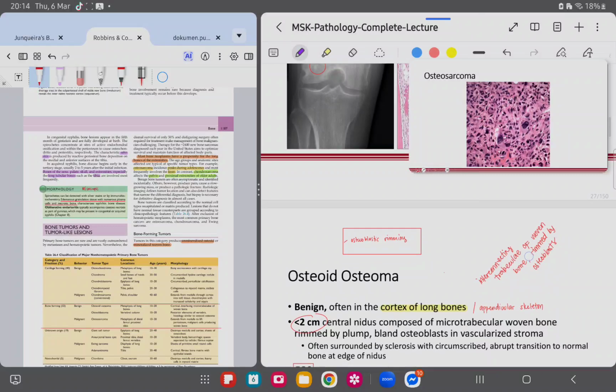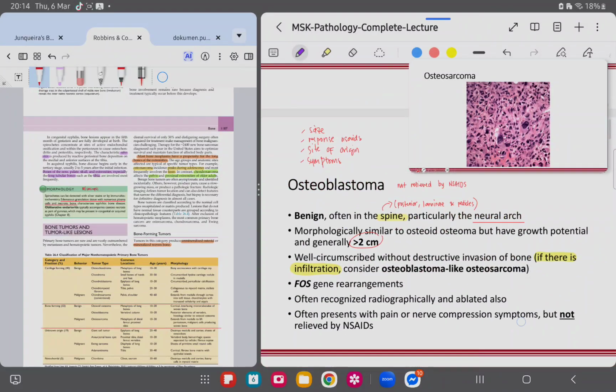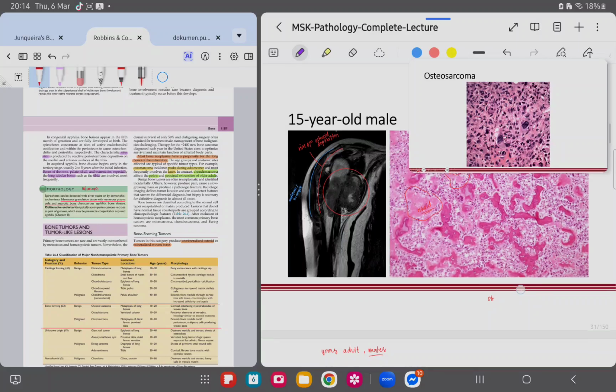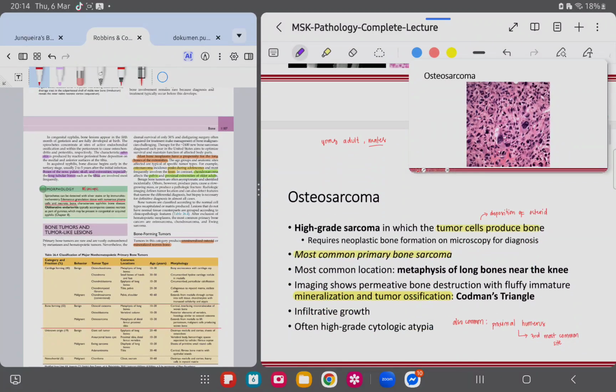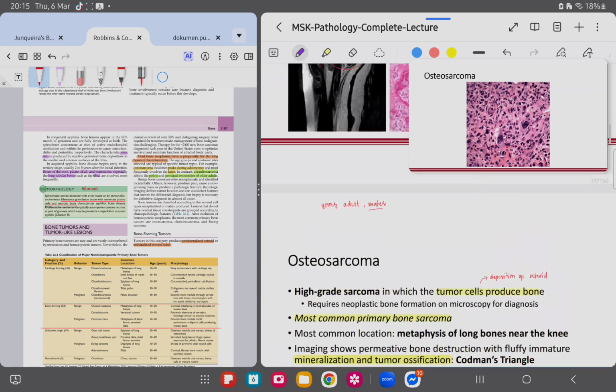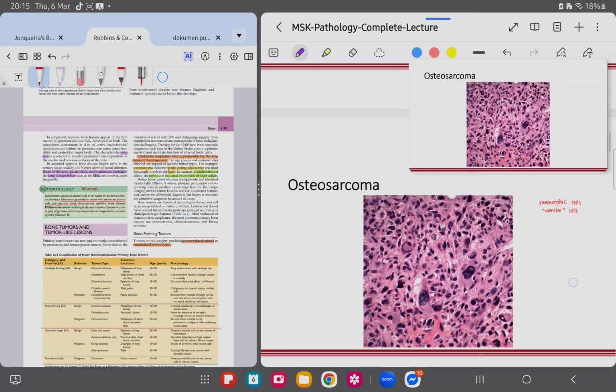One of my favorite entities because this is practically very easy to diagnose when you have the appropriate imaging and clinical features plus the straightforward features of this entity, osteosarcoma. So again, you see a very malignant looking sarcomatous lesion. At the same time, you see osteoid deposition. In this particular slide, this is the area where you see this hyaline, somewhat glassy, pinkish amorphous substance that is your osteoid. And you can see how distinctly pink this area is compared to the surrounding tissues.